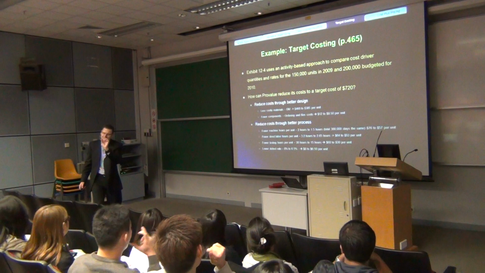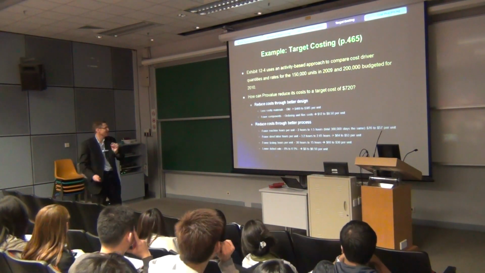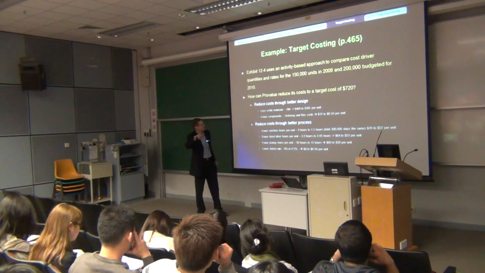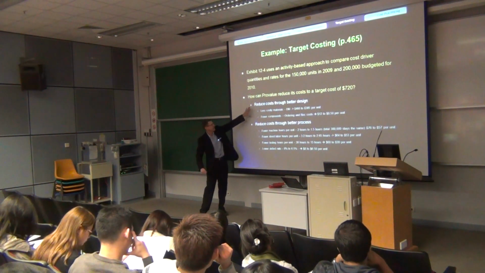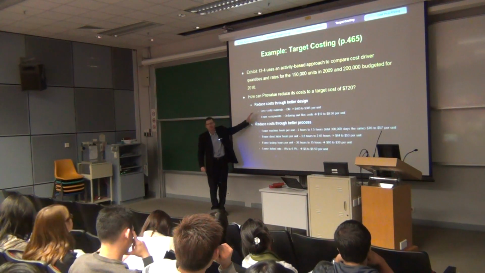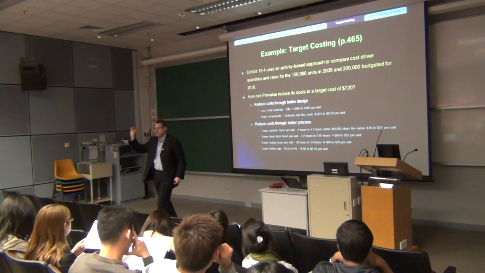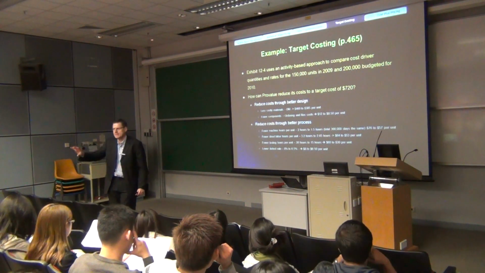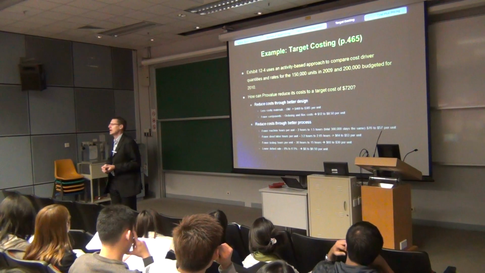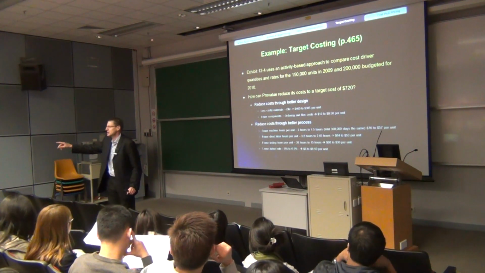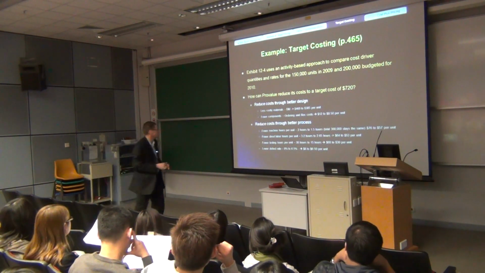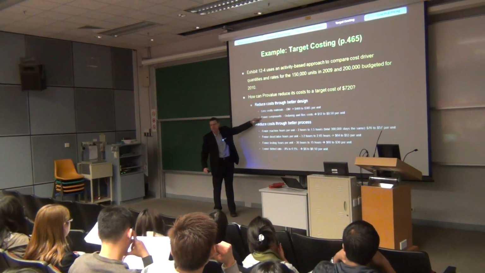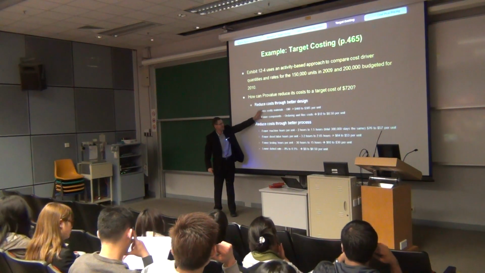So there's a little switch that goes on here. Here is the big question: how can it reduce its cost to a target cost of 720? Well, here are 2 initiatives for the design. Remember, design analysis, function analysis, then design, then process. We're not changing the function, so we're changing the design. What are we changing? Number 1, less costly materials. Number 2, fewer components. Can we make savings here?